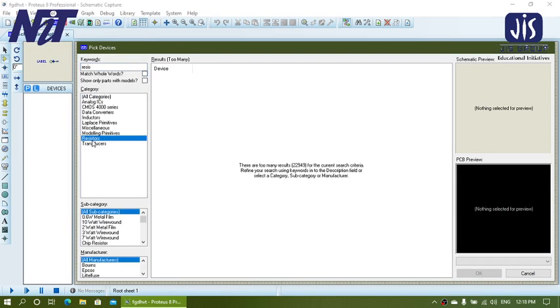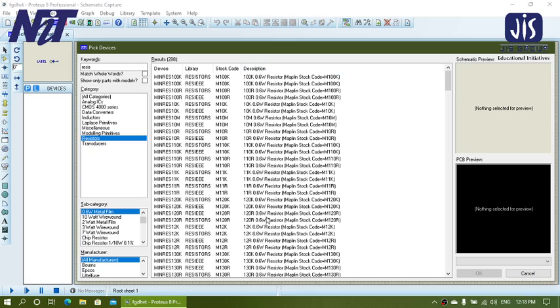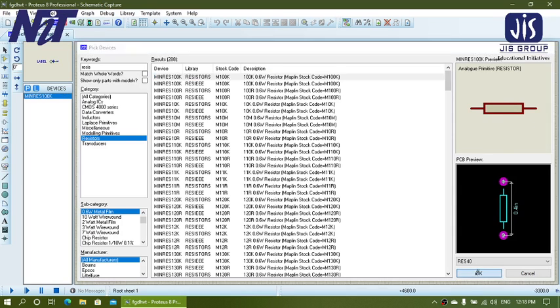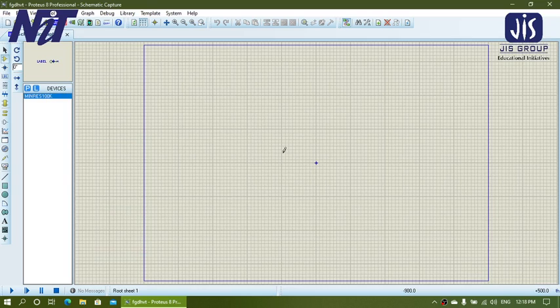Here, now select the type of the subcategory of the resistor. Suppose it will be 0.6 watt metal film. Now the entire list has come. You have to select any of this. Suppose 100K. You will get this type of print layout of this resistor. And now in your cursor,